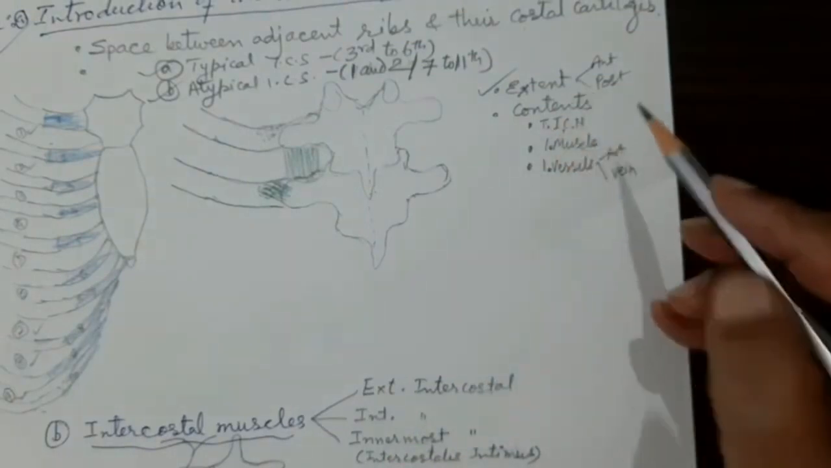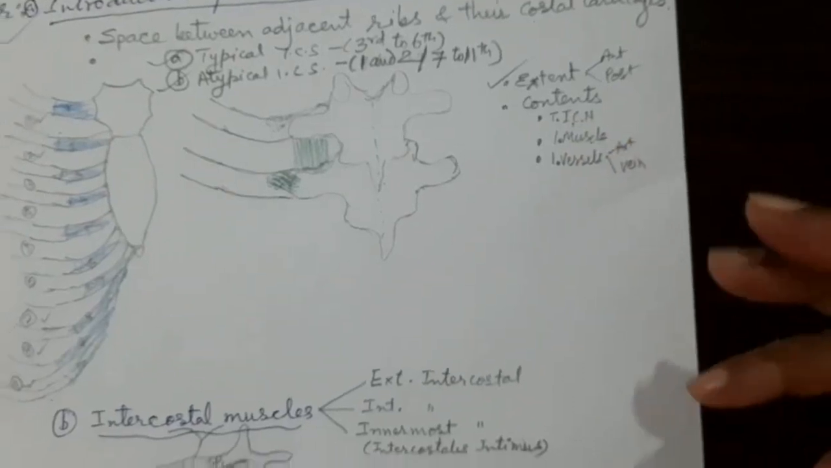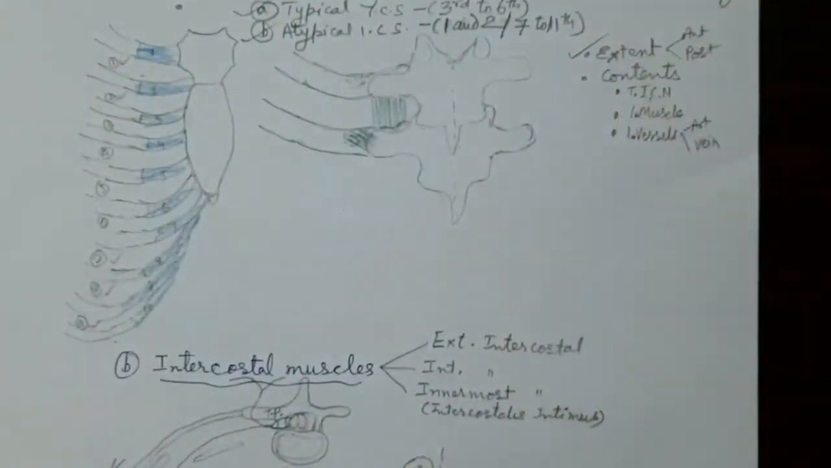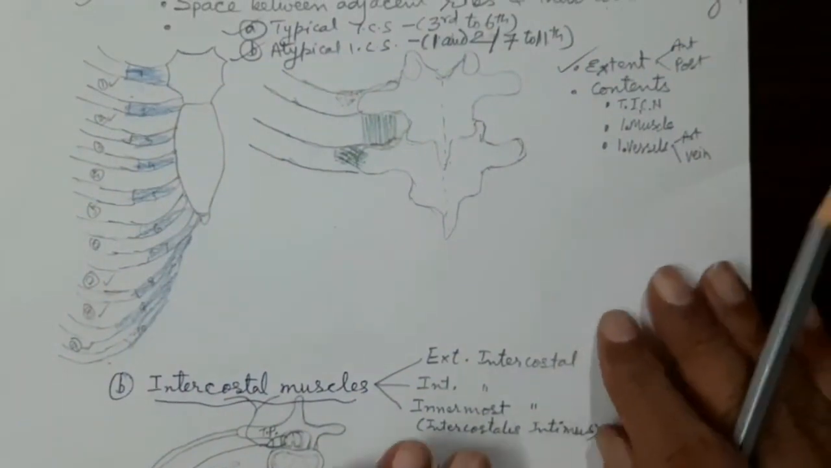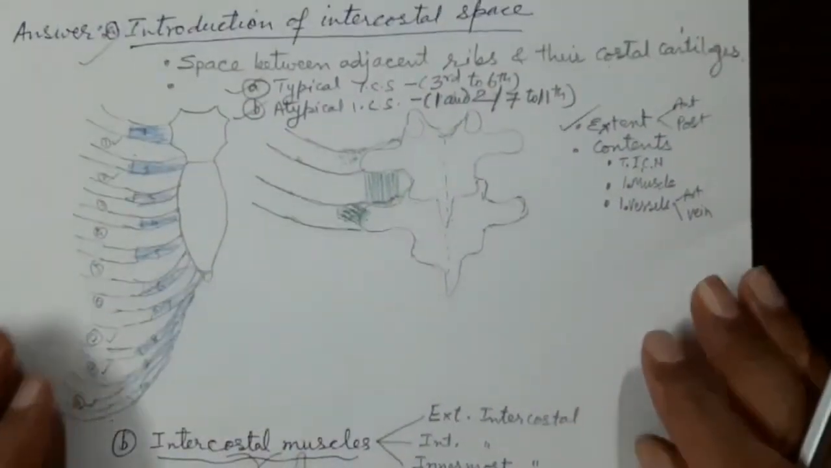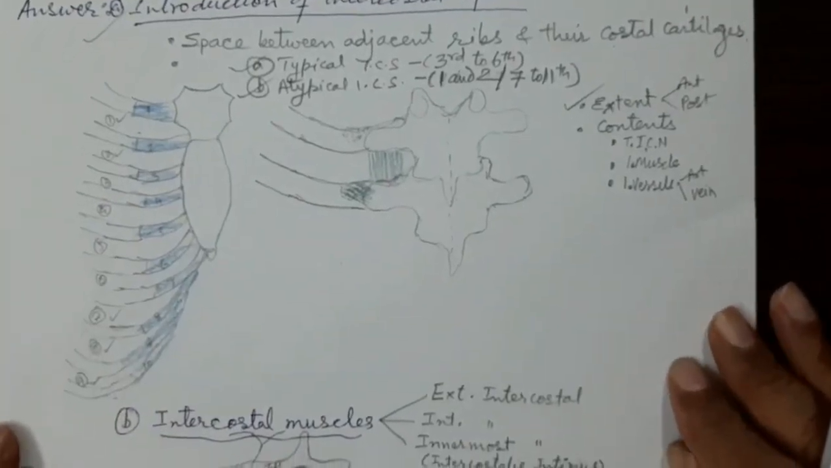So these three are the contents, that is intercostal nerve, intercostal muscle, and the vessels. Okay, they are the contents of this. Complete even a short note on the typical intercostal space. You have to define what an intercostal space is, and how it is classified into typical and atypical